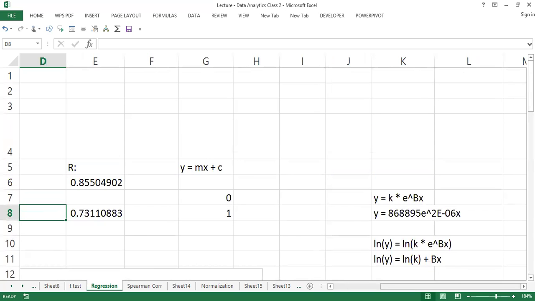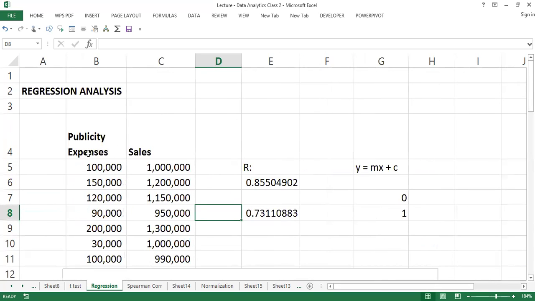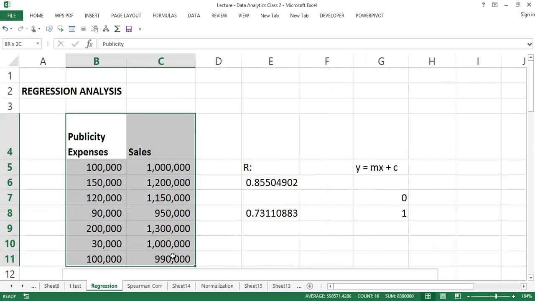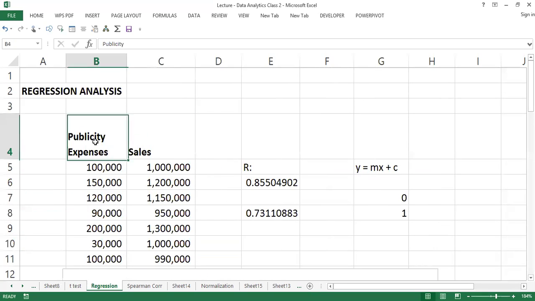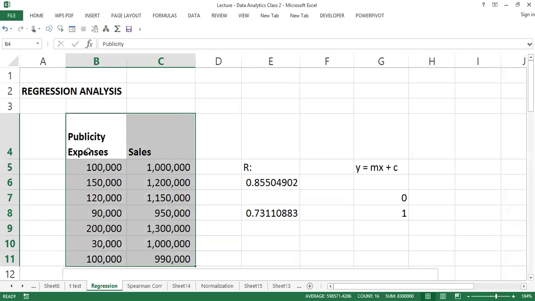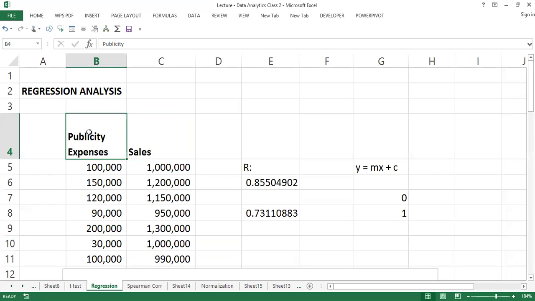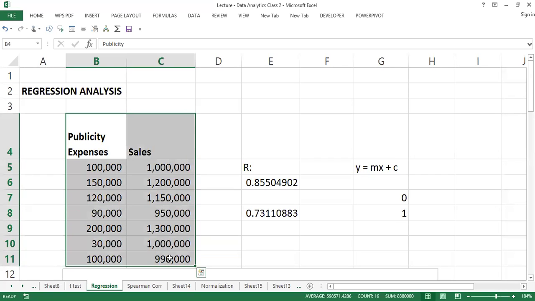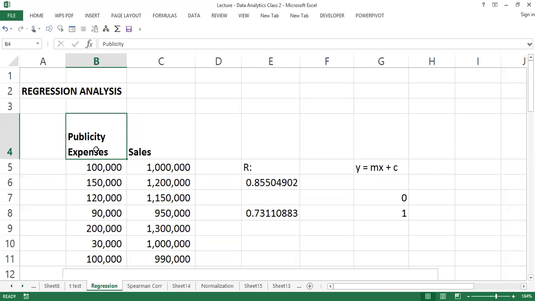Here we're trying to explore the relationship between publicity expenses and sales, where we identify publicity expenses as the X, the independent variable, while sales was identified as the dependent variable. So you see, when you are dealing with regression, you are talking about